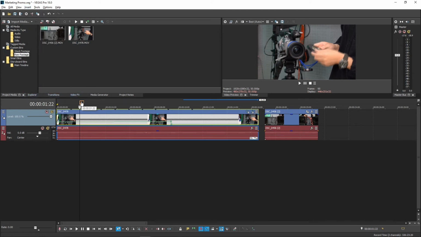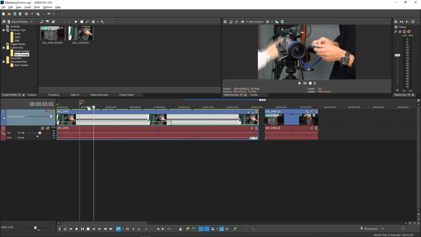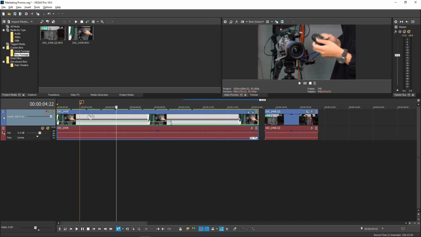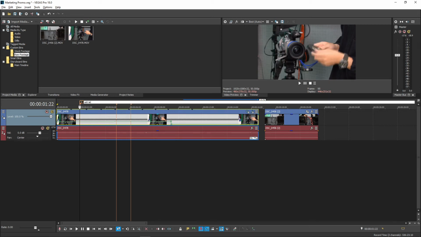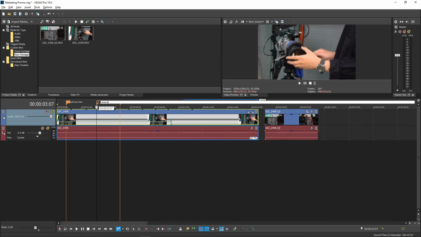Once your marker is created, you will see a space for you to type any notes you might have, or just points of interest that you want to revisit later. You don't even have to name them anything. They will always come with default numbers anyways, if that's enough for you. For example, here I will type add text here, so I know exactly where to go later after I'm done with my rough draft. You can, of course, move these markers by dragging them, and also rename or delete them if you right-click.